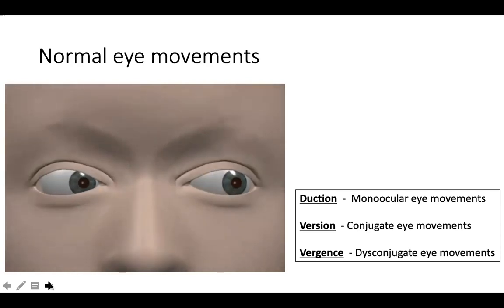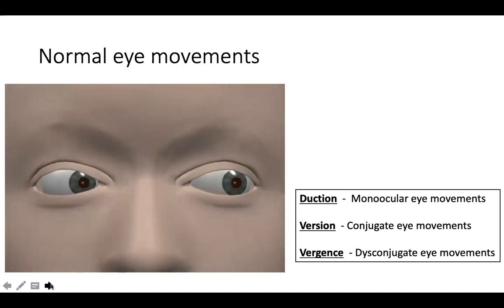So the eye movements, if I want to simplify, are monocular eye movements and binocular eye movements. When you look at single eyes, you close one eye and examine the right eye and the left eye independently, they are called monocular eye movements or ductions. But when you want to check both eye movements together, they are called conjugate eye movements or versions. So you can have a conjugate eye gaze to the right and to the left, which involves synchronized movement between the right eye and the left eye.